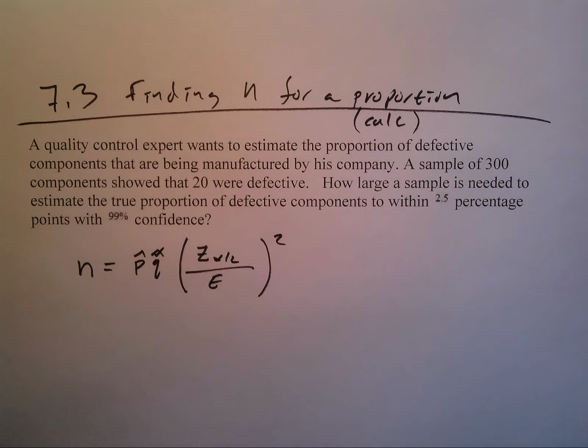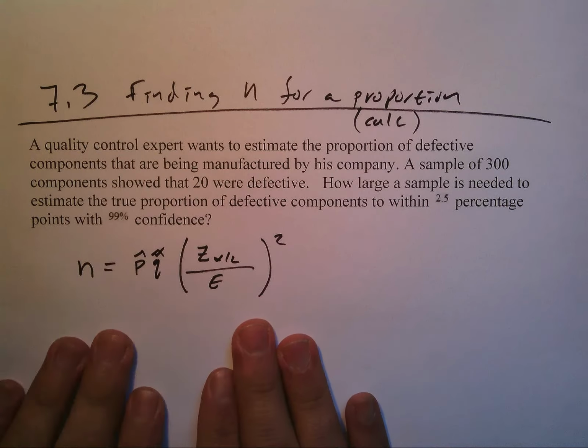Alright, a quality control expert wants to estimate the proportion of defective components being manufactured by his company. A sample of 300 components showed that 20 were defective. How large a sample is needed to estimate the true proportion of defective components within 2.5 percentage points with 99% confidence? Alright, so we need to identify p hat, q hat, z alpha over 2, our error, and just plug